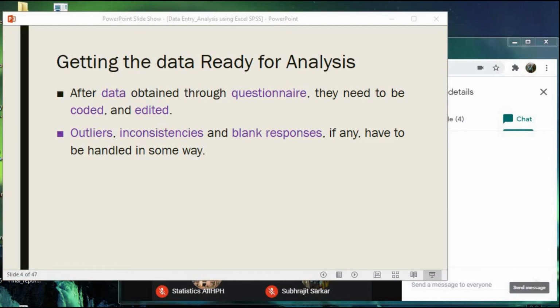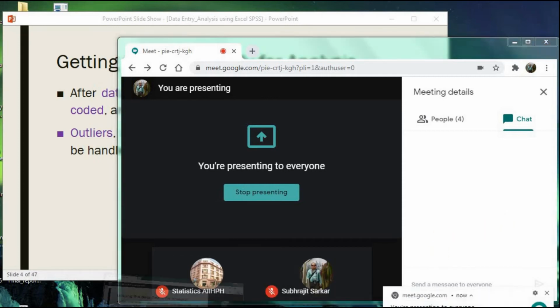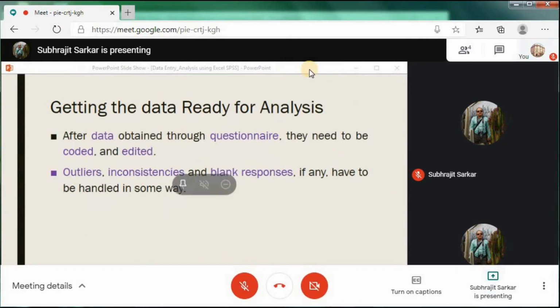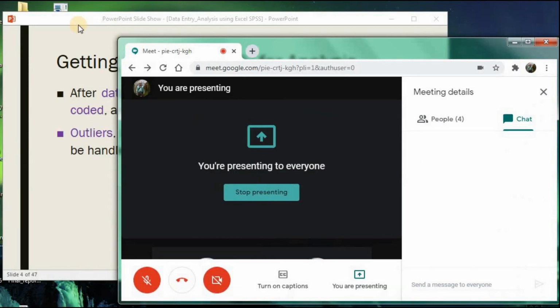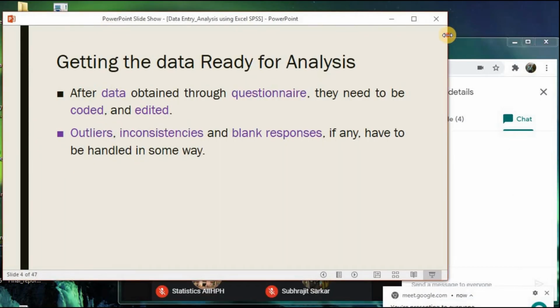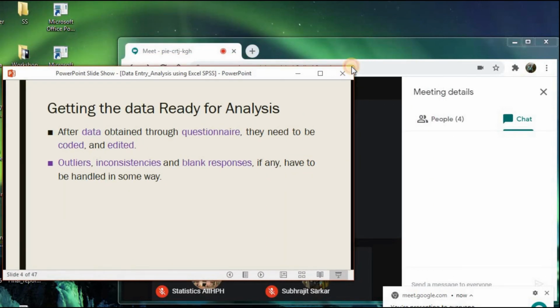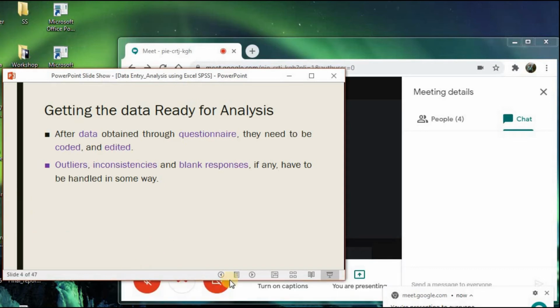I can also show you how the thing will look from the student's account. Now this is one of the accounts of the students, and it is still showing the entire screen. It does not matter if you make it a smaller one or bigger one. The only thing you must take into consideration is that the slide gets filled to your entire window.